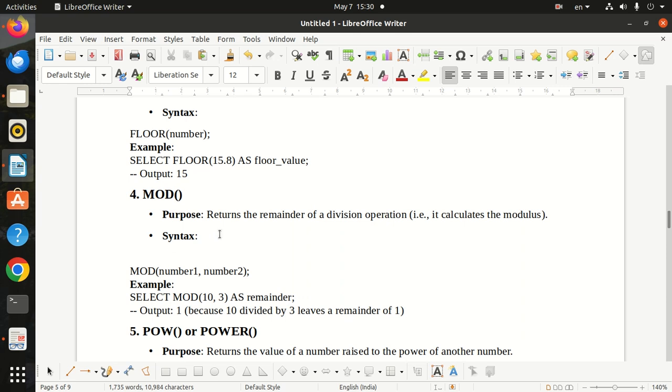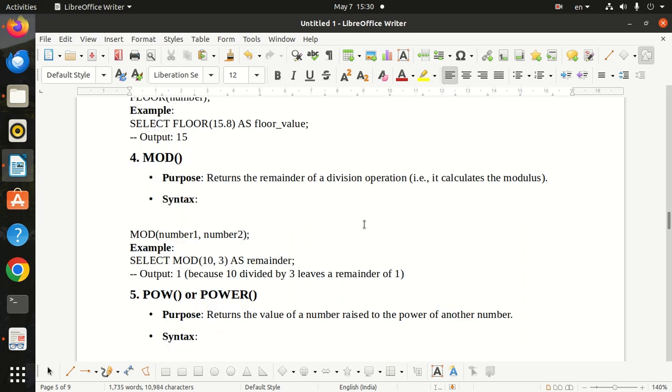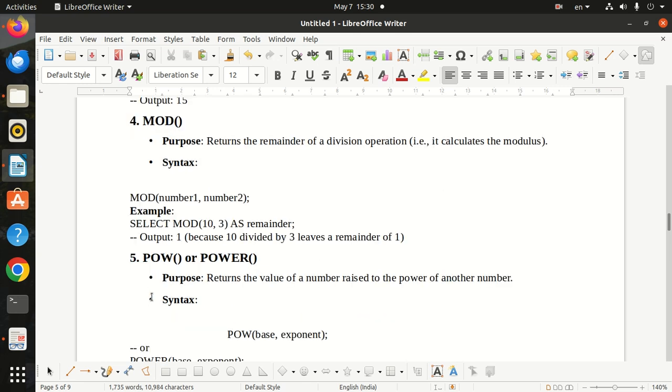Mod has the purpose of returning the remainder of a division operation. That means it calculates the modulus, which has the syntax MOD(num1, num2). Example: SELECT MOD(10,3) AS remainder, which gives the output 1 because 10 divided by 3 leaves a